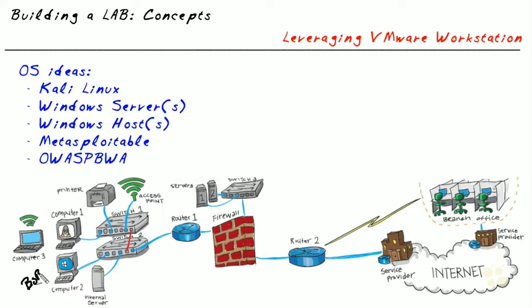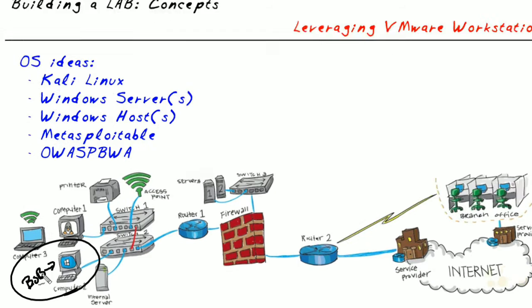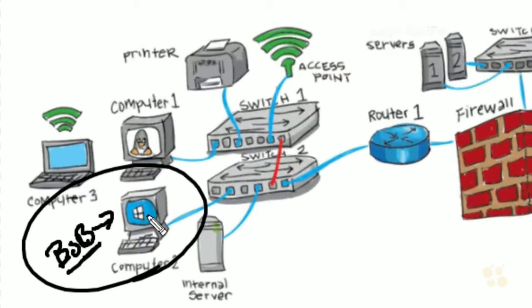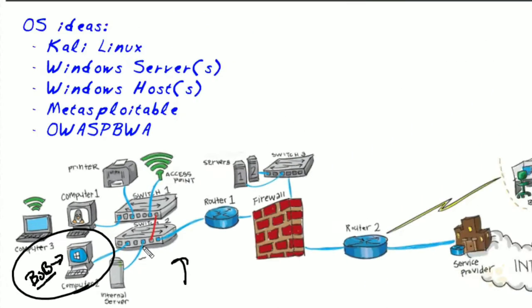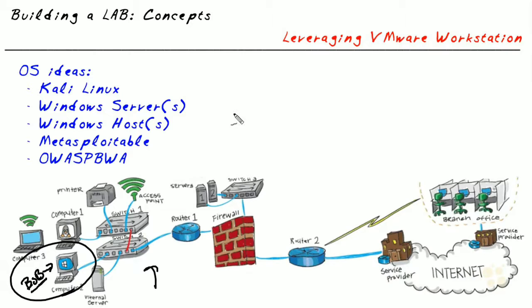Bob is sitting here at this computer, and he wants to start practicing, which, by the way, is a great idea. However, it could be really bad news for Bob if he loads up the tools on his computer and starts using them on this network, especially if Bob is not in charge of that network and doesn't have written permission to use the tools. So instead of using a live network that Bob is not responsible for and doesn't have permission for, here's another idea. Bob could create his own network,